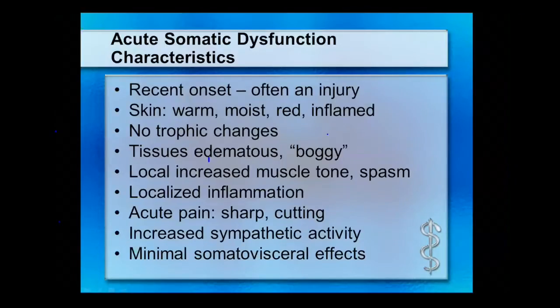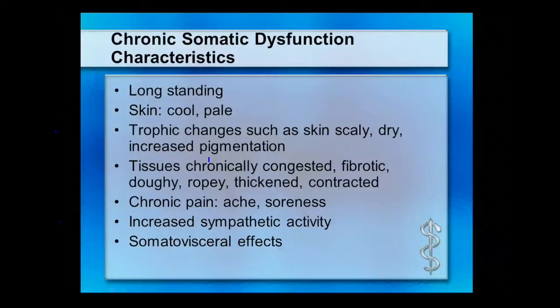So, TART findings: acute onset, often over the injuries, warm, red, bogginess, increased muscle spasms or muscle tone. Think of spraining an ankle: local inflammation, sharp cutting pain, increased sympathetics, because I don't want this to happen again, so I'm all hyped up. However, the chronic presentation is long-standing, cool, more pale, skin scaling, particularly in elderly people